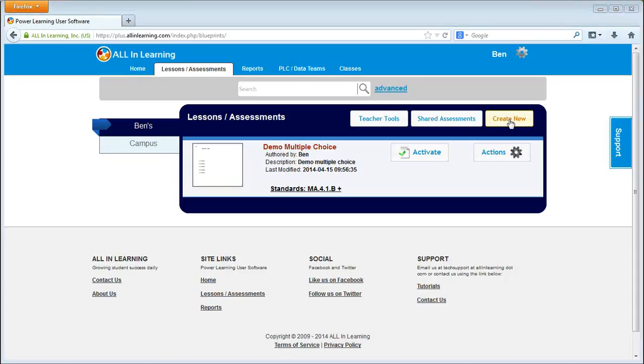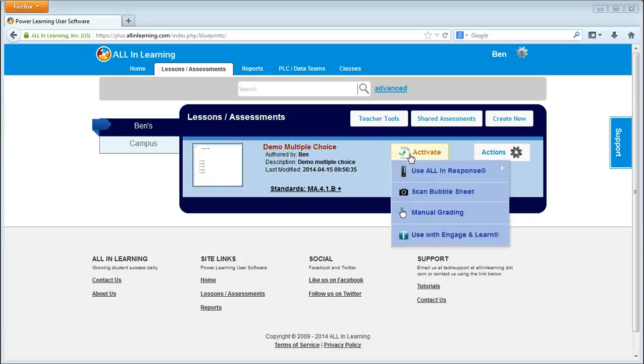Now that we have created our first answer key, we have a couple of items to discuss. First, this Activate tab. With the Activate, we have several ways of being able to grade. We can use the all-in response pads. We can use the scan bubble sheet, which is the one method we're going to use, or we can do